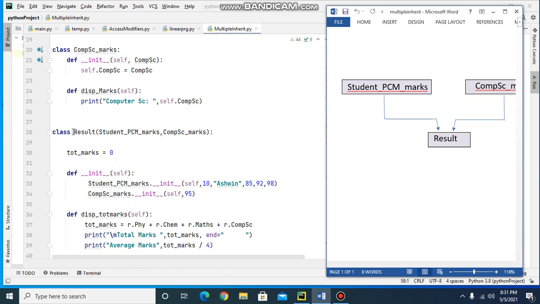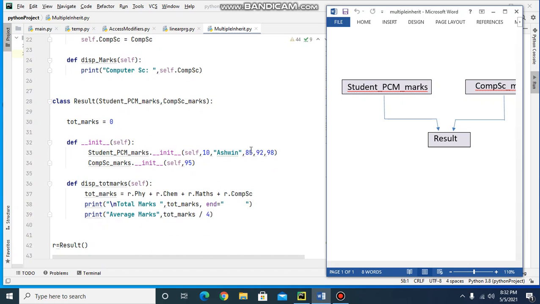Then here we are defining the class result, which is the derived class. It is derived from both the base classes, student PCM marks and computer science marks. Then here I have the variable total marks for accumulating the marks, and I am initializing it with the value 0.